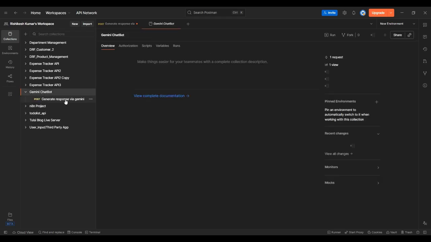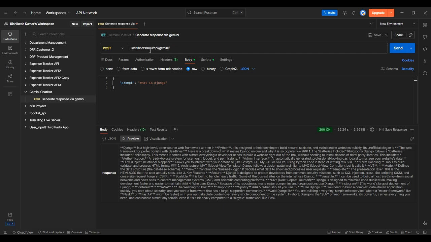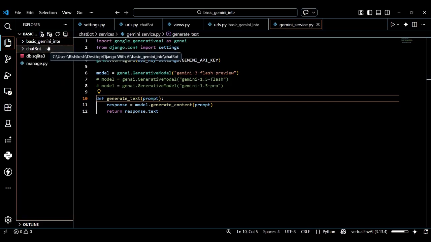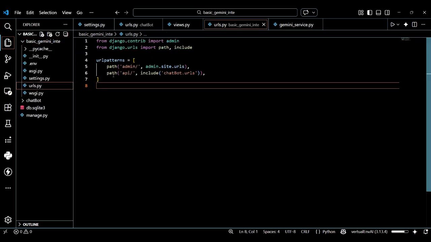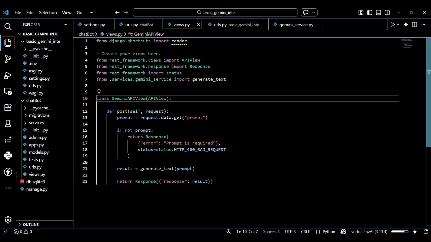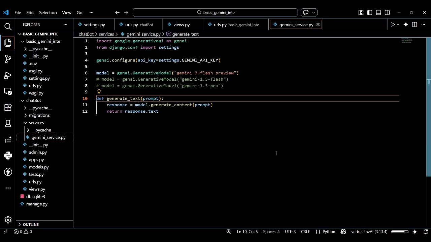So this is my API endpoint, which is localhost:8000/api/gemini/. And how is it generated? You can see here in the URL I have mentioned the path api/. After that it goes to the app URLs and gemini/, and after that the Gemini views. When the Gemini request is processed, it goes for the result, and the result generates the response.